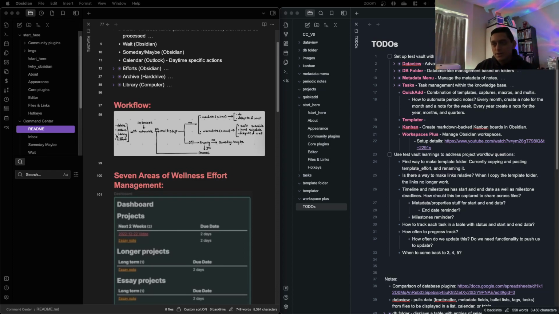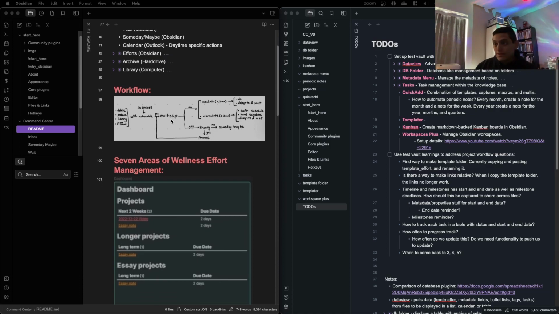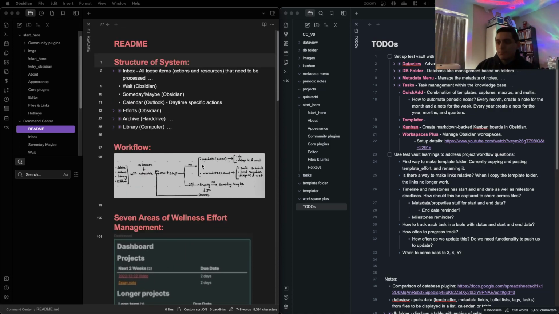If they're not actionable, we put them into whatever folder or place they need to be put. Otherwise, it's something that we need to do. It's something that we need to track. It can be a project, or it could be something we need to do immediately if it's less than 2 minutes. If it's over 2 minutes, we might need to schedule it on some day or in our calendar.